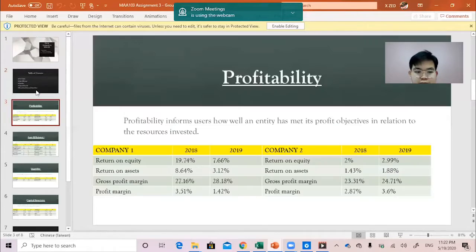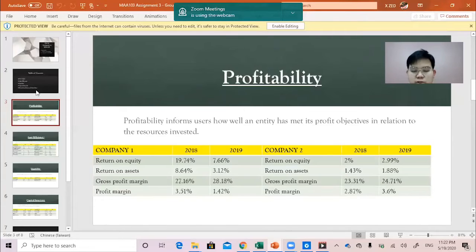First of all, profitability. Profitability informs users how well an entity has met its profit objective in relation to the resources invested. There are four key features to discuss in profitability. First, return on equity. It indicates the level of the profit generated from owners'